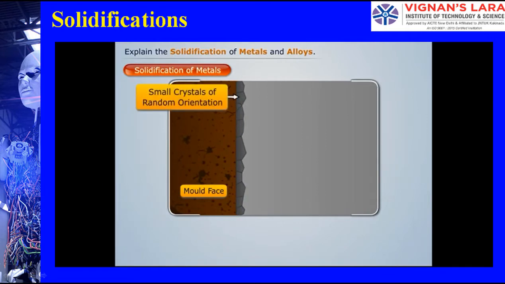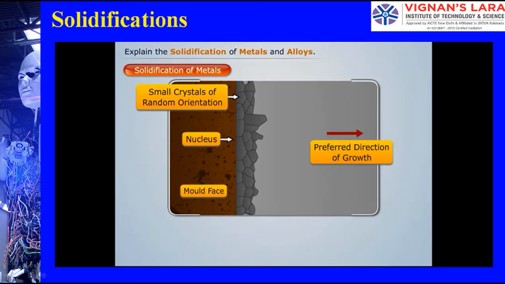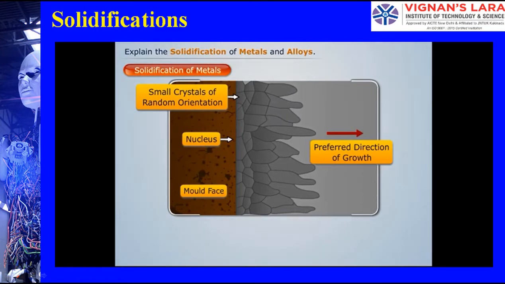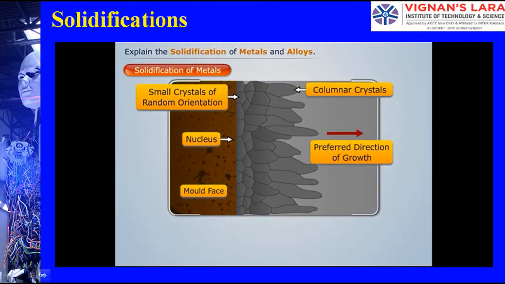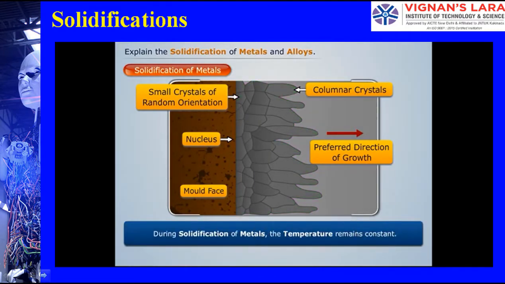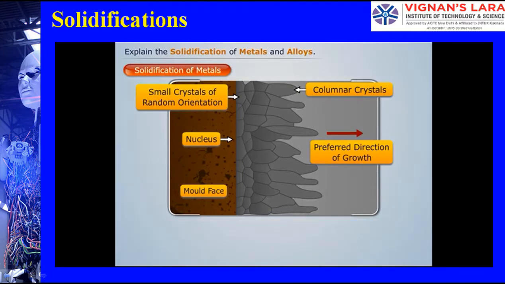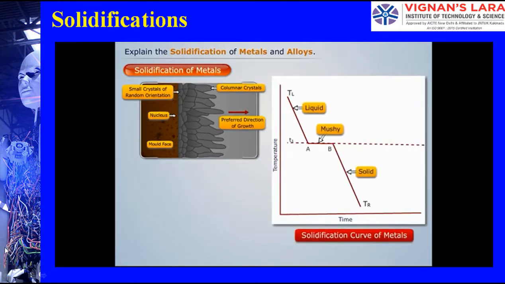The region where the crystals are formed acts as the production area and is called the nucleus. When the molten metal solidifies further, we see that the shape of the crystals changes to long columnar crystals, having their axis perpendicular to the sides of the mold. Thus, the shape of the molten metal crystals formed will be as shown. Note that during solidification of metals, the temperature remains constant. This can be represented graphically as